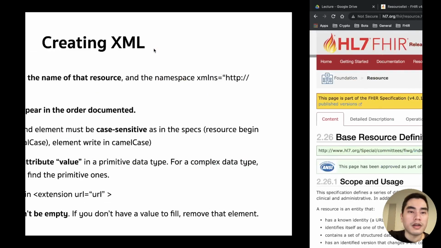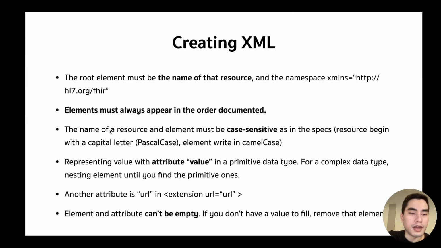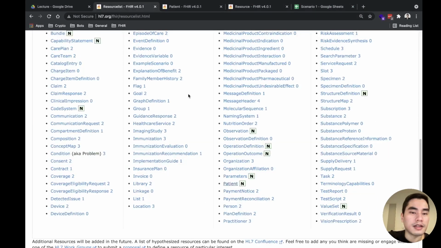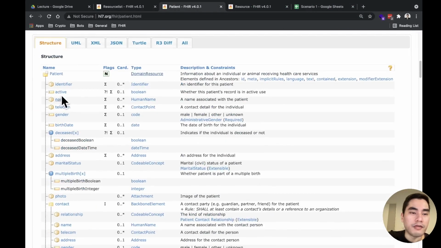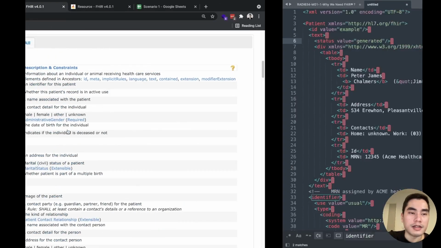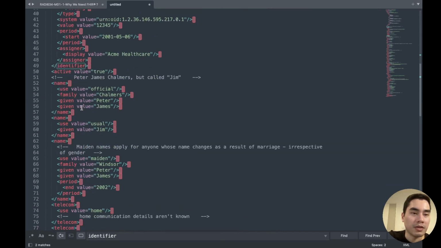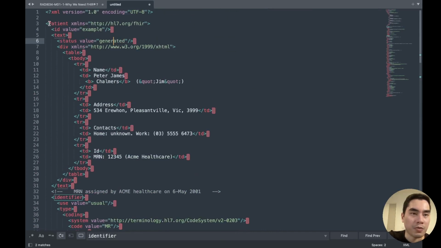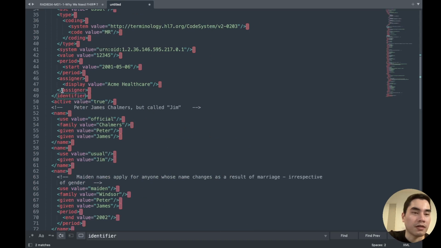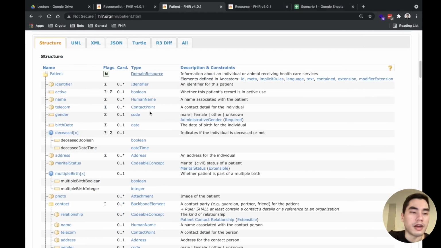Okay, so the next thing is the name of a resource and element must be case sensitive as in the specs. Everything must be exactly like this, the name of element and name of the resource. You cannot start with a small p or make it a big A, something like that is an error.